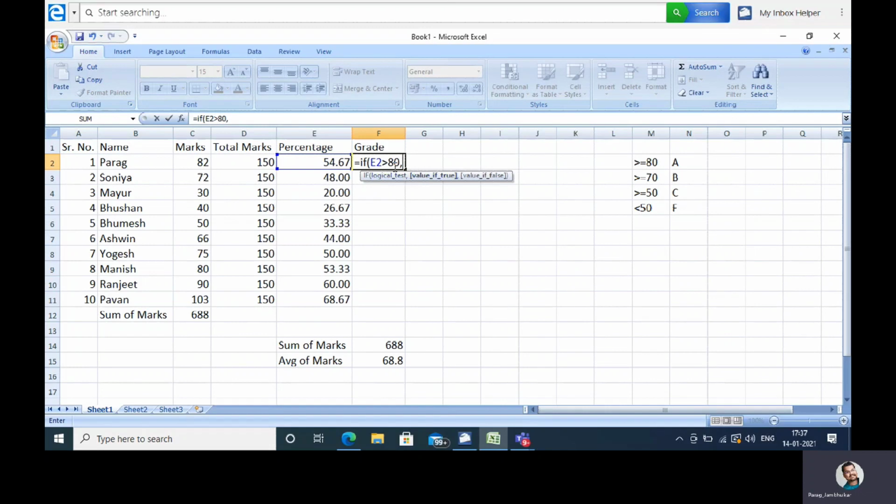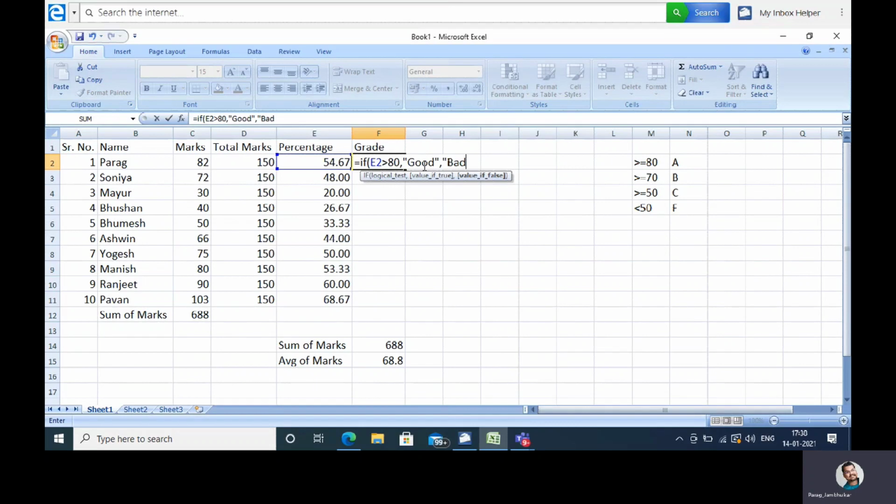If this percentage is greater than 80, then it should print good. Otherwise, it should print bad. In double quotes I have to write this, because whatever you mention in double quotes will get printed. So if the percentage is greater than 80, it should print good, otherwise, in the else part, it should print bad.